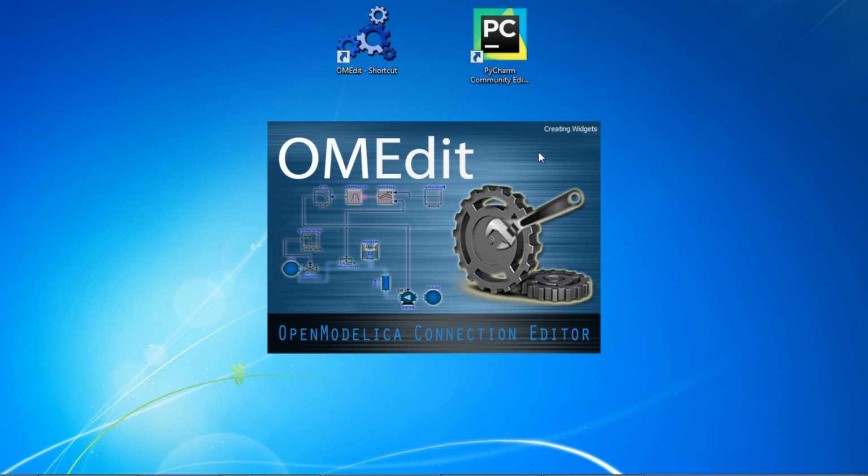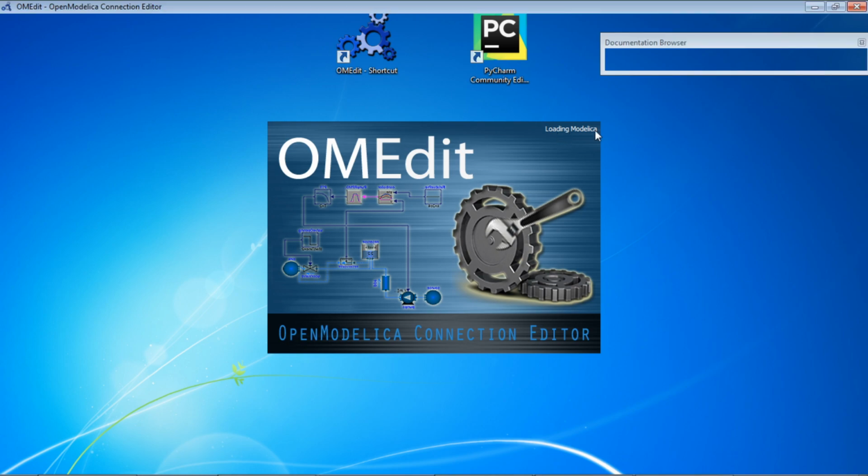So, let me open this software, and it's creating some widgets here. Let's wait a little bit until it's fully opened. Okay, it's loading the Modelica library. Okay, here is the fully opened